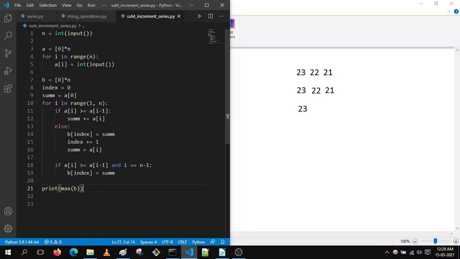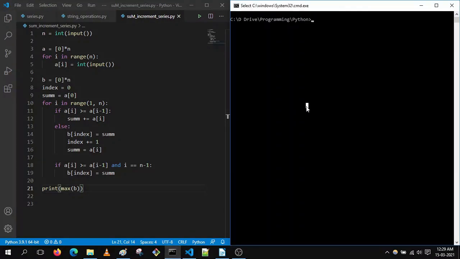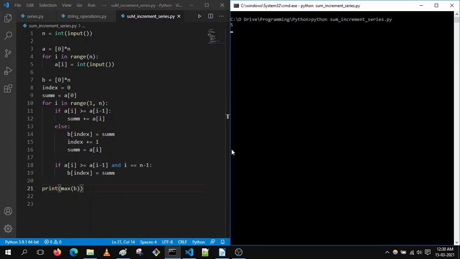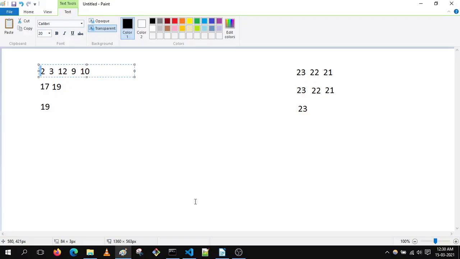Now let's test our code in Python. First 5 as the total number of elements, then 2 3 12 9 10, and we can see that 19 is the result, because 19 is the maximum.